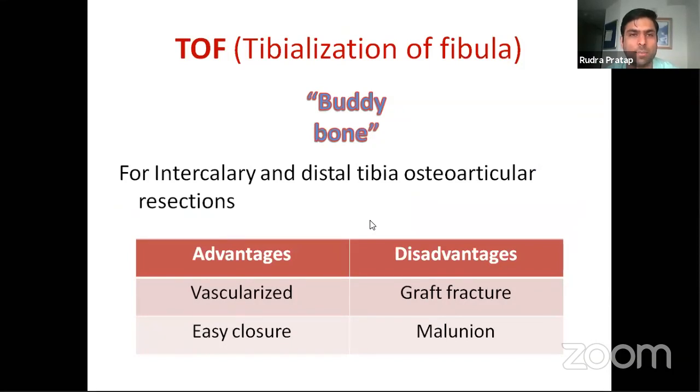The second technique by which a fibula can be used to reconstruct a defect is another example of buddy bone, in which the fibula can be transferred into the defect of the tibia. It can be used either for an intercalary resection or for an osteoarticular resection of the distal tibia. Transfer has the advantage that it's vascularized and offers an easy closure as there is a single bone leg. The disadvantages of the procedure are that there are chances of graft fracture and chances of malunion are always